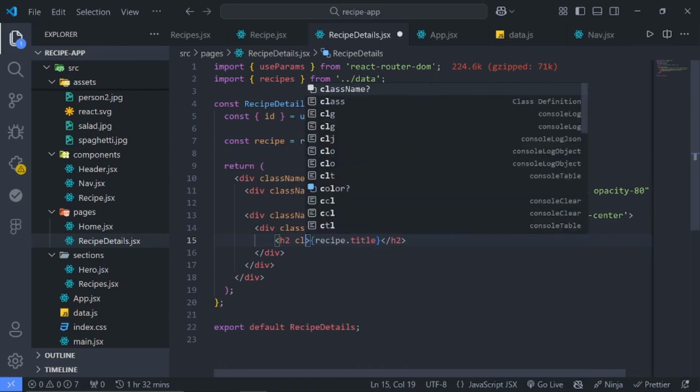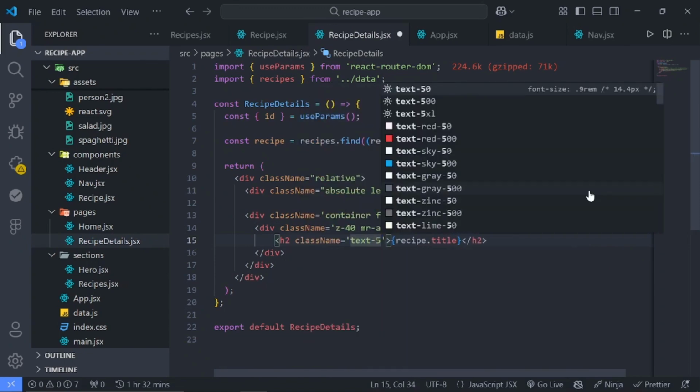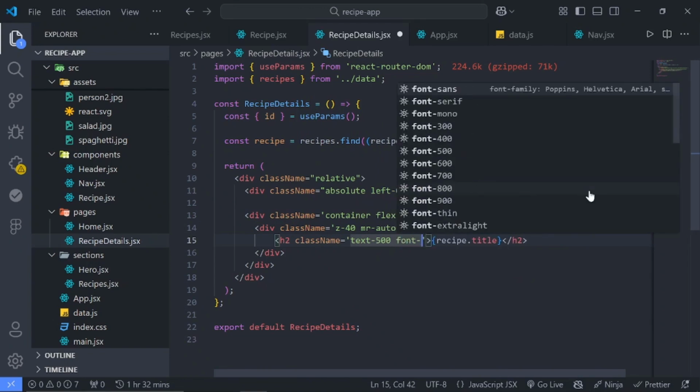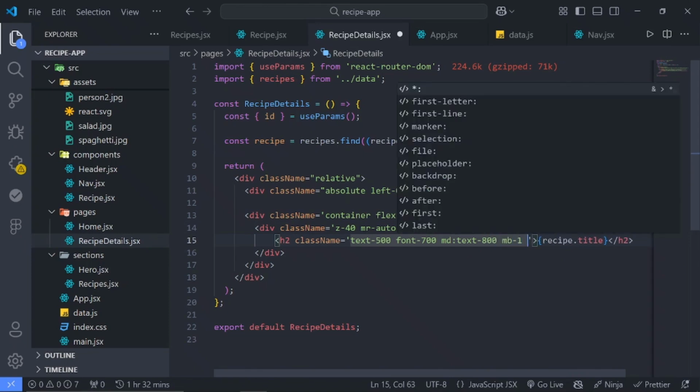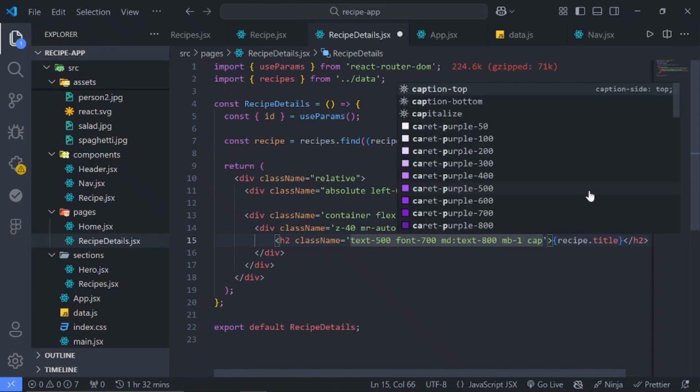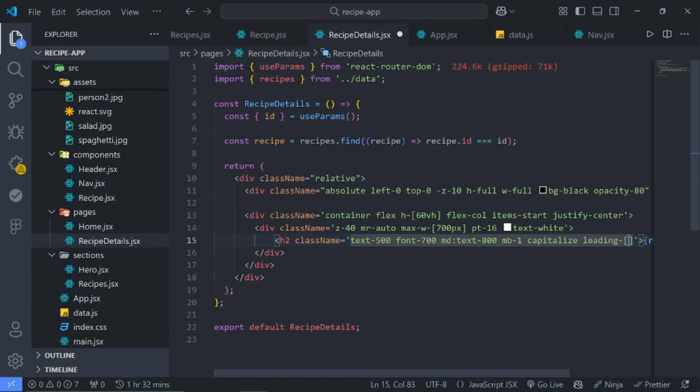And for the styling, the font size will be 500, font weight will be 700. Increase the font size on medium screens and up to 800. Then margin bottom will be 1. Set it to capitalize and add a leading of 1.2,